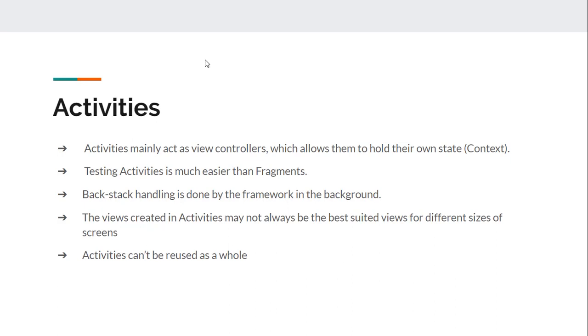So whenever we create an activity, it will have its own view, and it will have all of its view controllers and on click listeners. Whenever we click on a button, then activity knows which button has got clicked and what to do on that click, and all the other stuff the activity has. So